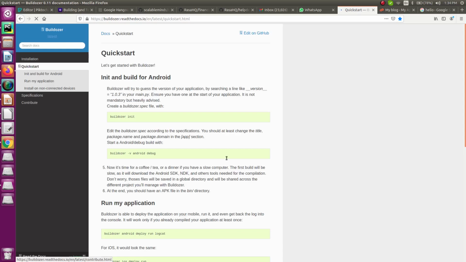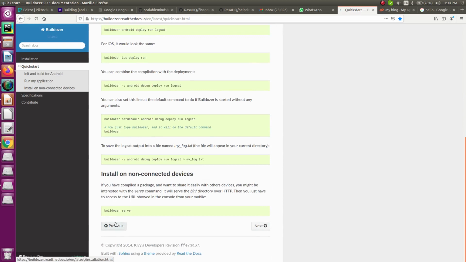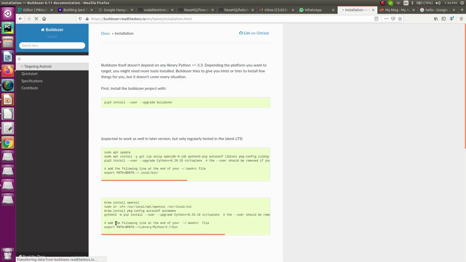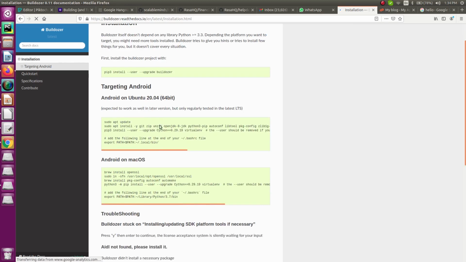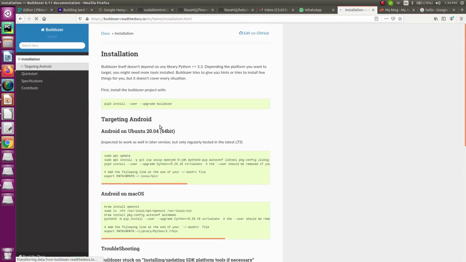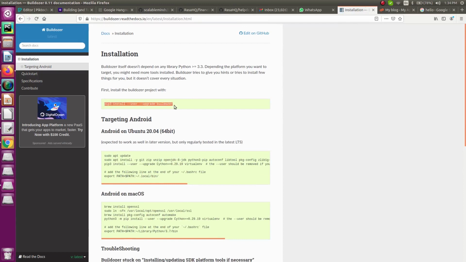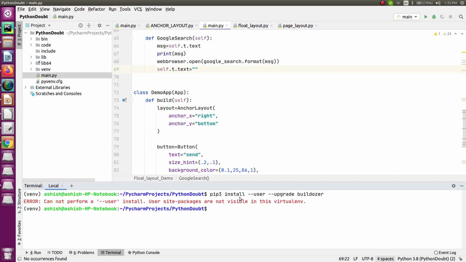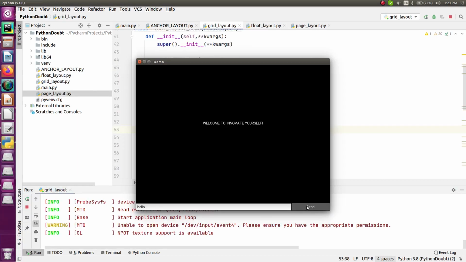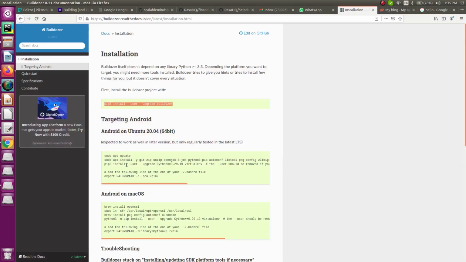Okay, before this step I have to go to the previous page. Just go to the previous page. All right, so you can see here that there are multiple commands that you have to run before creating your actual application. The first command is this one. Just copy this one into the directory where you have your main code and your virtual environment. So first run this one. The user need not be added over here, just remove this one. So this is all that we are going to do. Similarly, we have to move to the next one as well.